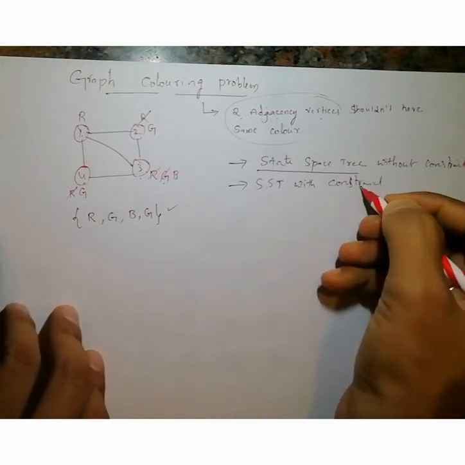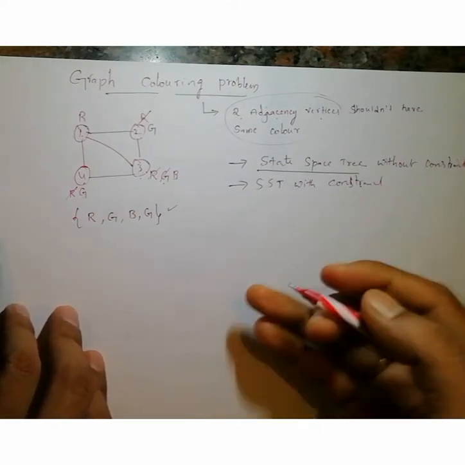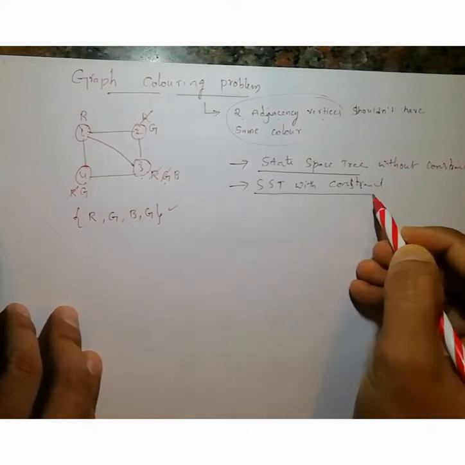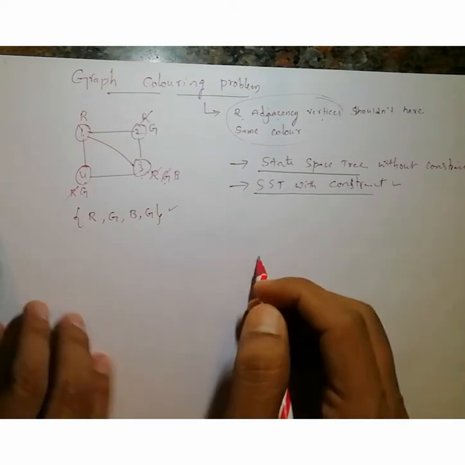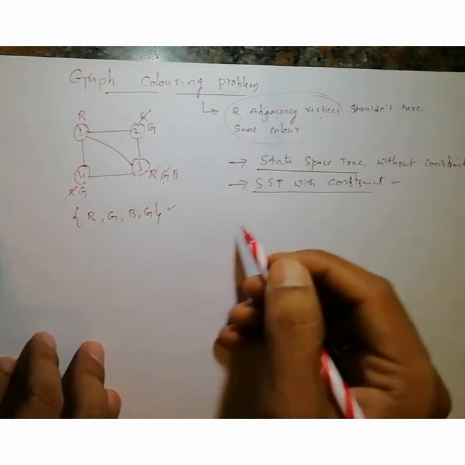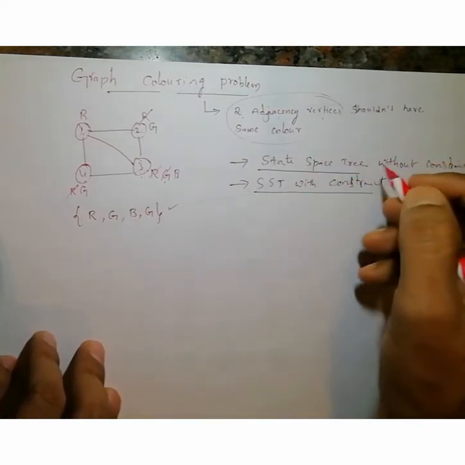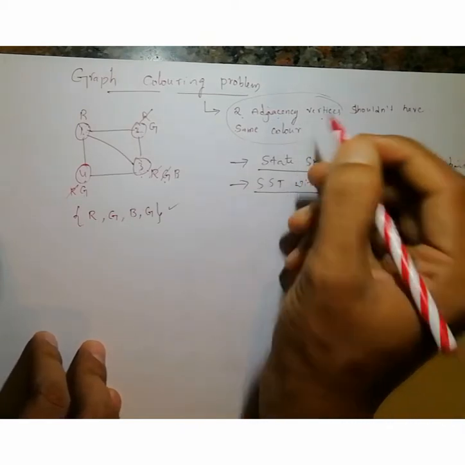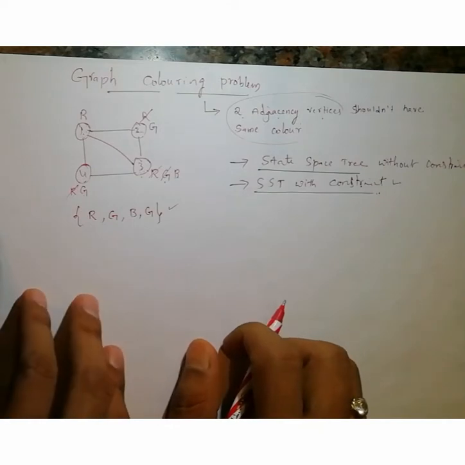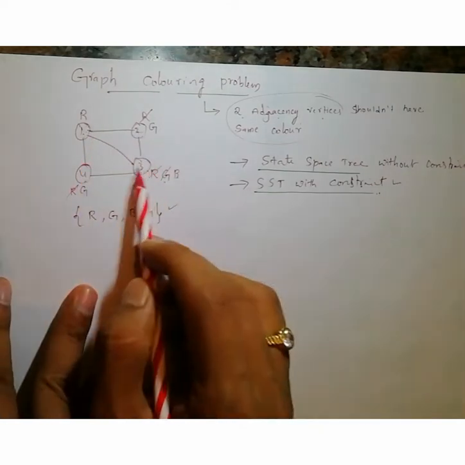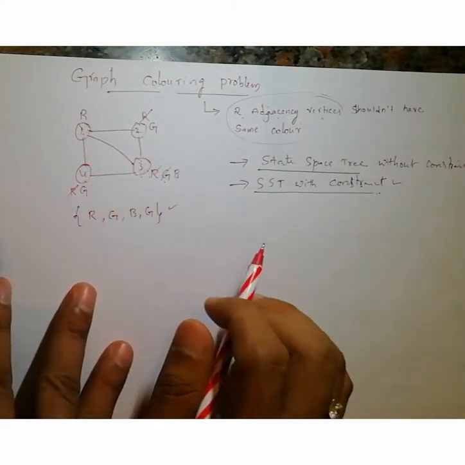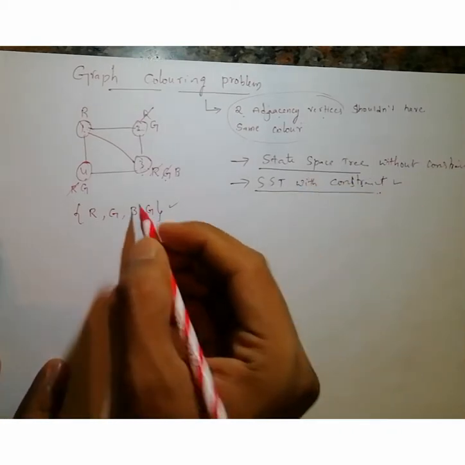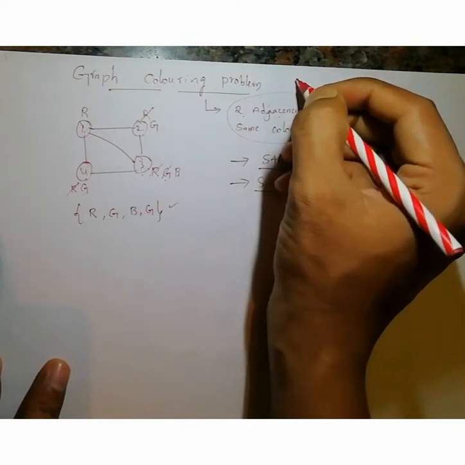With constraint means what is the final state space tree we will get, how many solutions we will get. In this we will have all those solutions, that is the graph coloring problem. Here all the possibilities will come, and there only the possibilities that obey your constraint. Okay, we will see that. For example, how many vertices are there here? 4 vertices. That means the tree contains 4 levels. Okay, with how many colors? Here they may give a question like this.